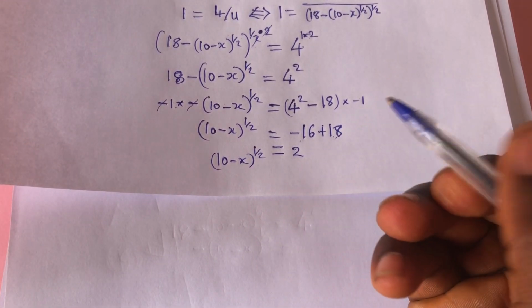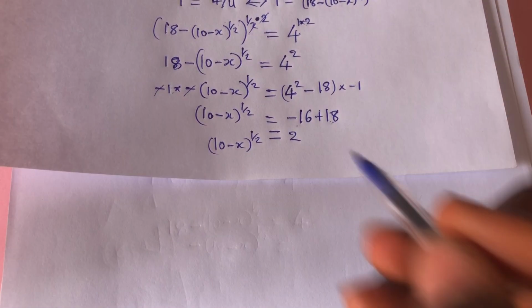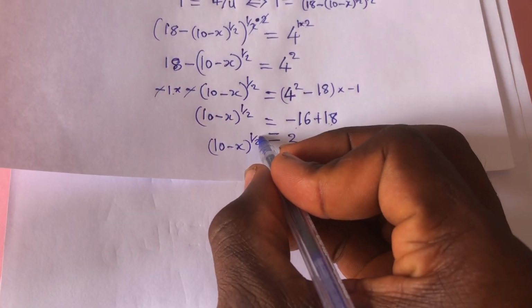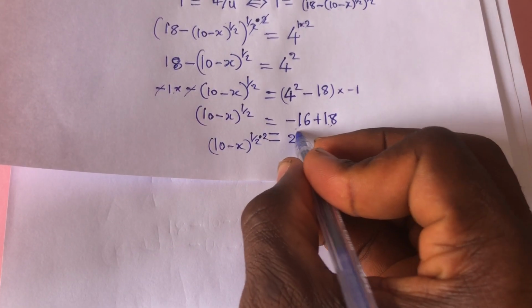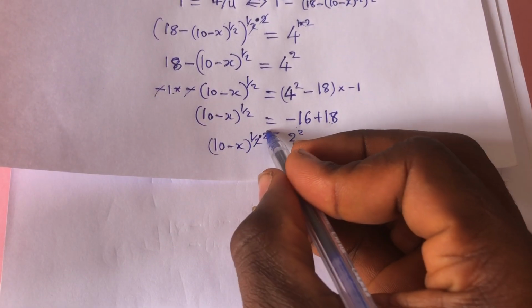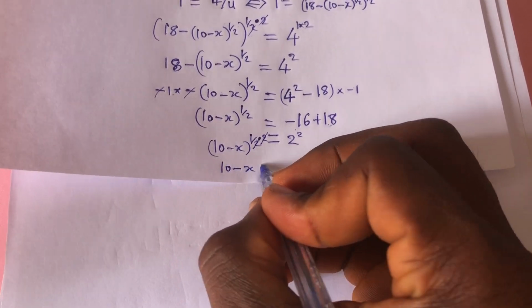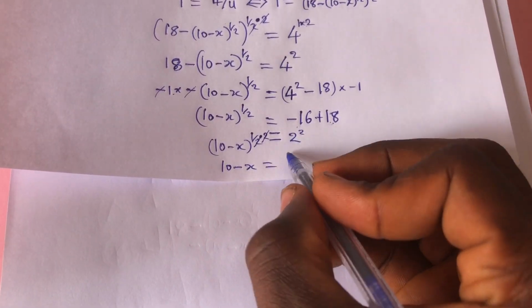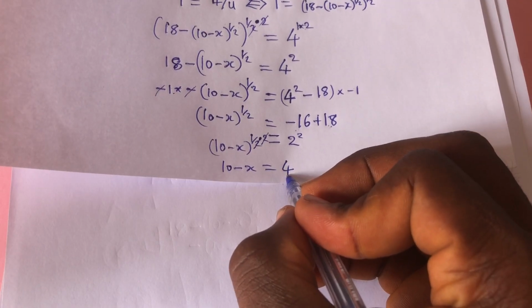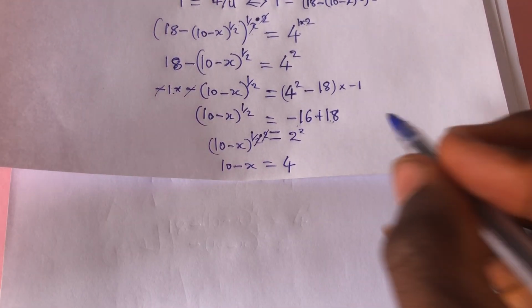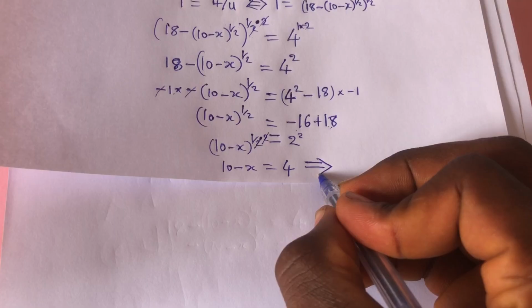This is equal to 2. And from here we can multiply everything out again by 2, and here it cancels out. 10 minus x will be equal to 2 raised to power 2, which is 4. And this implies that